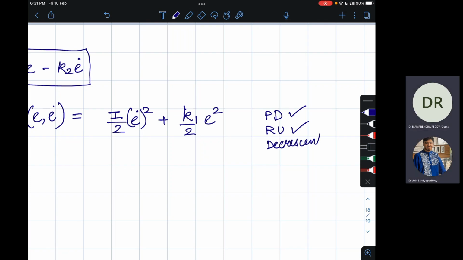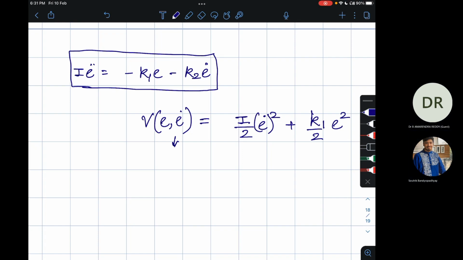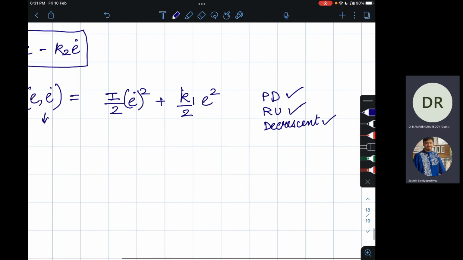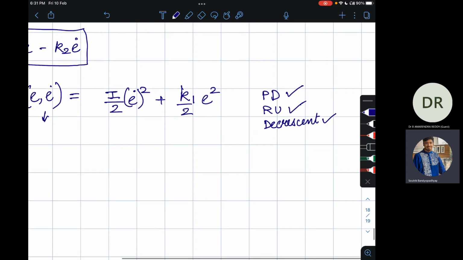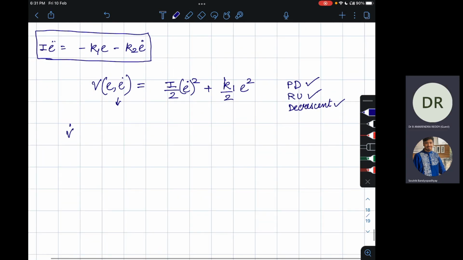So decrescence, since this Lyapunov function is not time dependent, right? Yes, sir. Decrescence doesn't play a role here because all results are uniform in the autonomous case. So decrescence doesn't play a role, but it's very good to mention decrescence as well. Okay. So we can compute the differentiation V dot to be